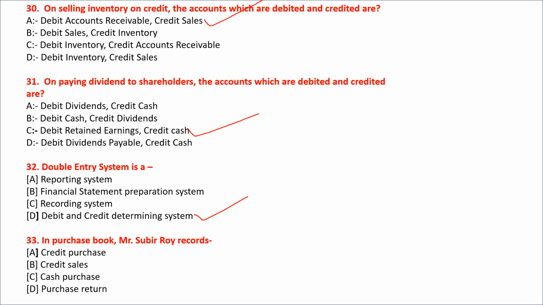अगला question है in purchase book Mr. Subir Roy records option है credit purchase, credit sales, cash purchase, purchase written. So इसका सही आंसर होगा ऑप्शन ए क्रेडिट परचेज. ओके,